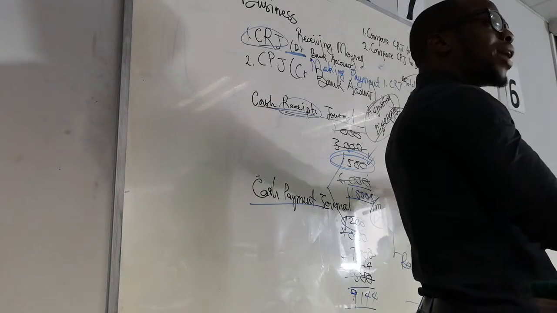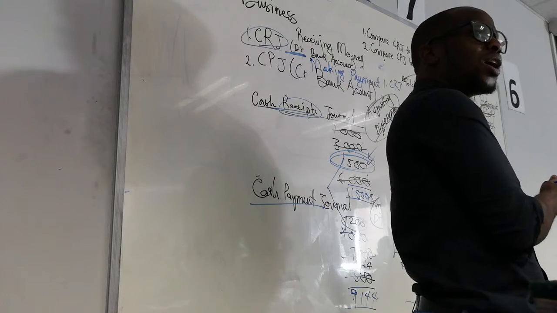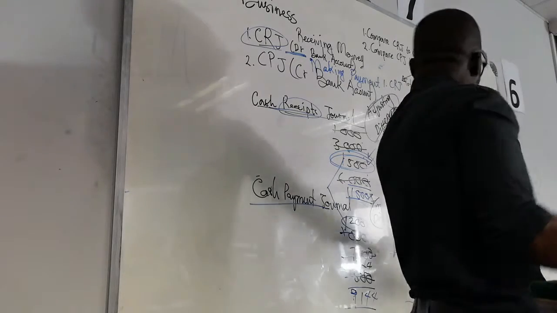There's no way you get it wrong. As long as you know what to do, you can't get it wrong. It's the answer that you have. Even if you got 7 million, I want 7 million here.